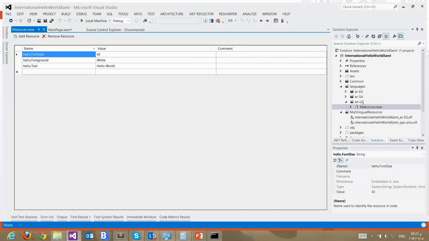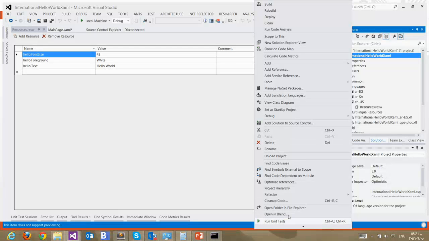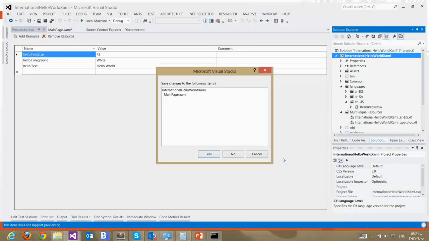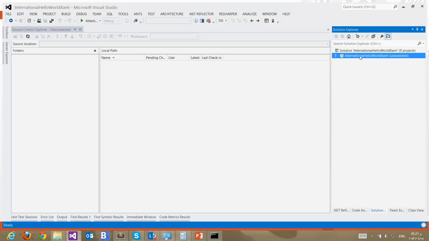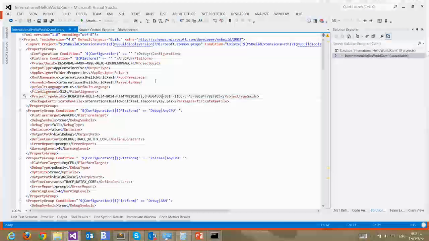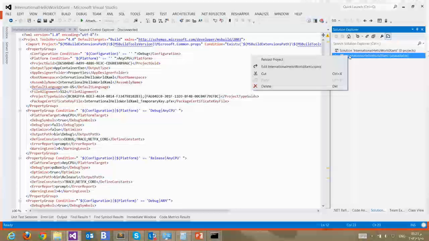The default language is usually en-us. If you need to change it, you have to unload the project and edit the file and change the default language yourself. Okay. If you have any requirement to have a default language other than the en-us,